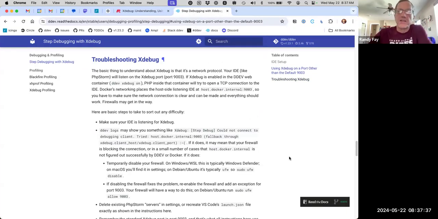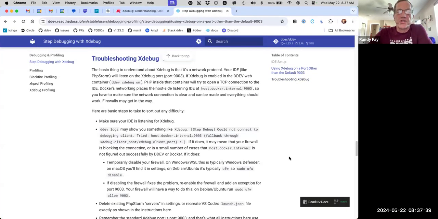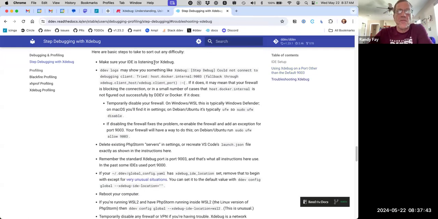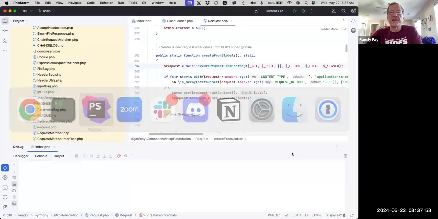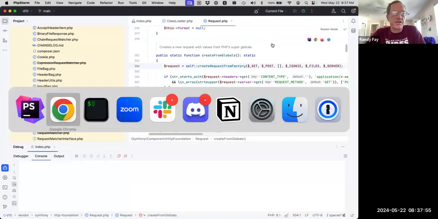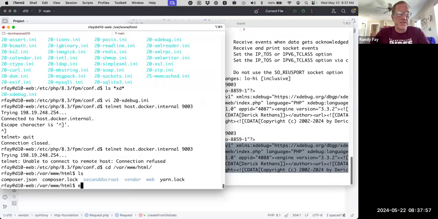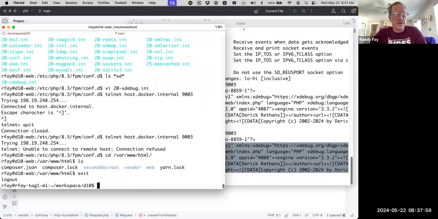If we take a look at the troubleshooting docs, which I have to go back to regularly: make sure that your IDE is listening, because it's not going to work otherwise. Take a look at ddev logs. If I do ddev logs here and I'm not listening, I should get this situation. If I do a curl here,